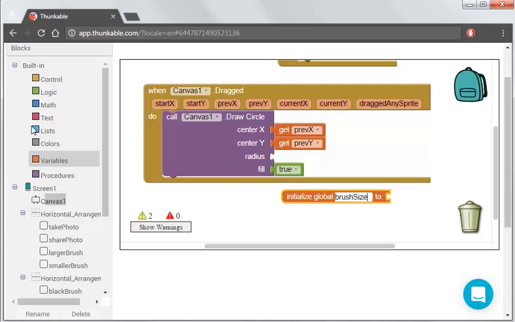and we're going to set that math, and then we're going to set that to size 10. Okay, so now we're going to get that. So we've created a variable there called brush size, and we put the value 10 in that variable, and now we actually need to fetch that. We need to get that variable. So we're going to get that variable,